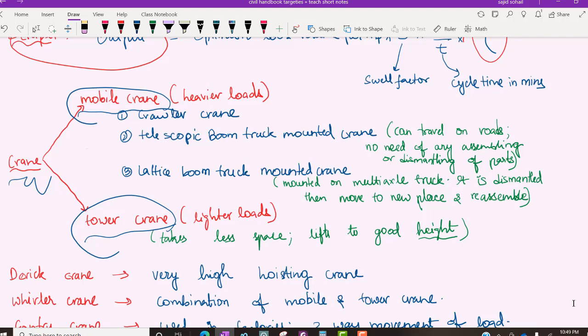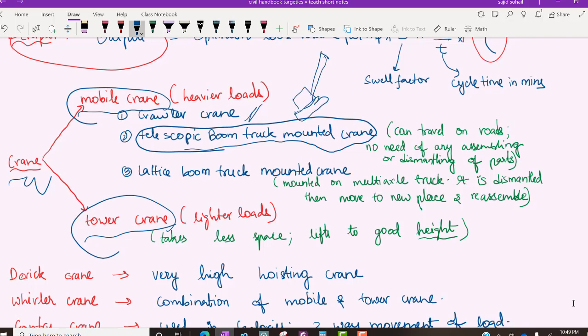So there are three types of mobile cranes. One is crawler crane, yani there will be a crawler attached, crane rahega like this. Okay, so there will be a crawler. This is called as crawler crane. Next one is telescopic boom truck mounted crane. ये क्या रहेगा? मीडियम साइज का रहेगा. You need not dismantle this boom whatever you have. For example, this is how it is. यहाँ पे इसका boom है. Okay, so you need not dismantle your boom. वैसे ही यूज कर लेना. रोड पे जा सकता है without dismantling, you can use it.